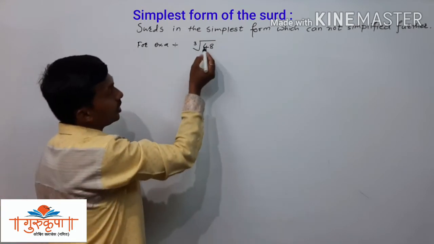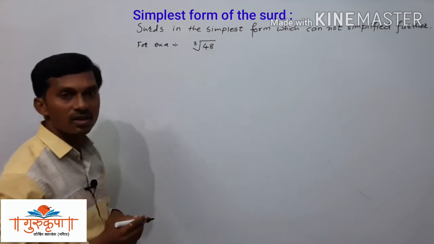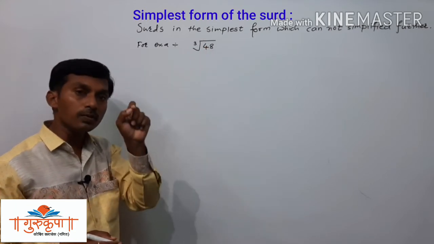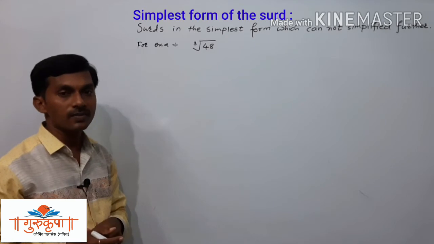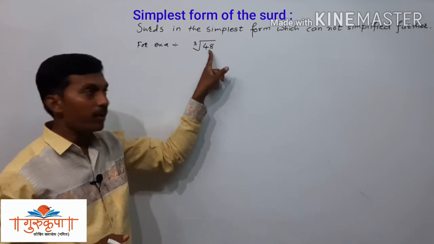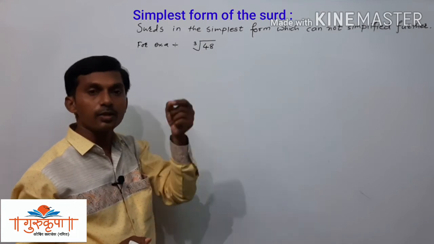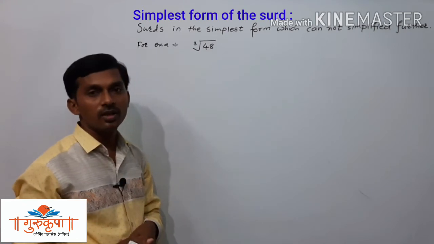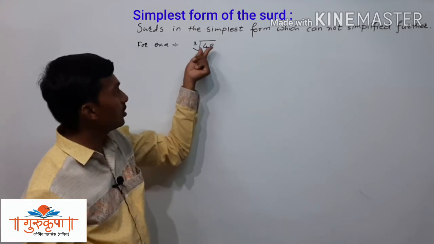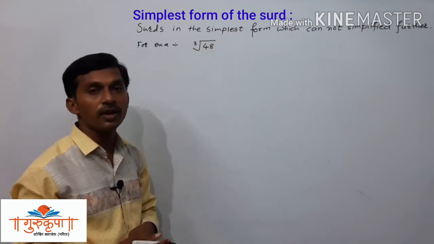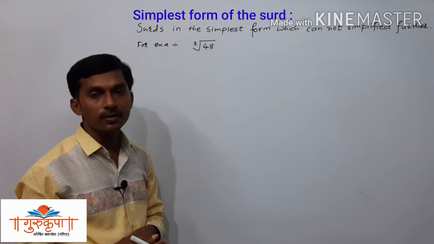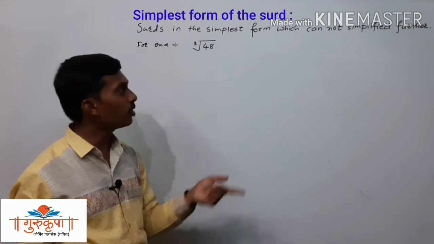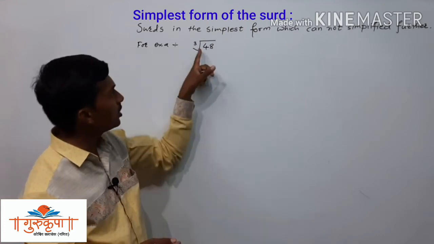Now here we have to factorize 48 such that the cube root of one of the factors should be possible to find. Is it possible to find such a factor? We will check the factors of 48. That is 1 into 48. We cannot get the cube root of 1 or 48, or that is meaningless. We will get the same part.